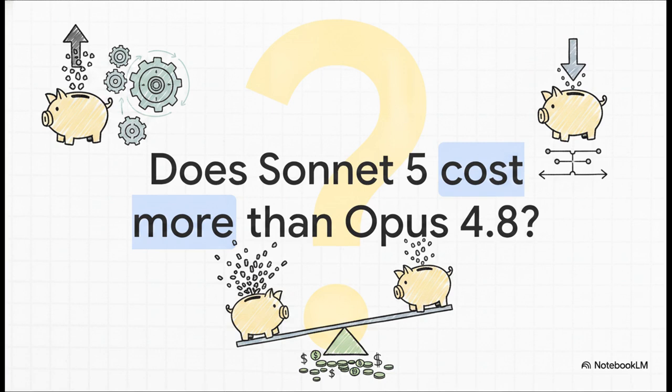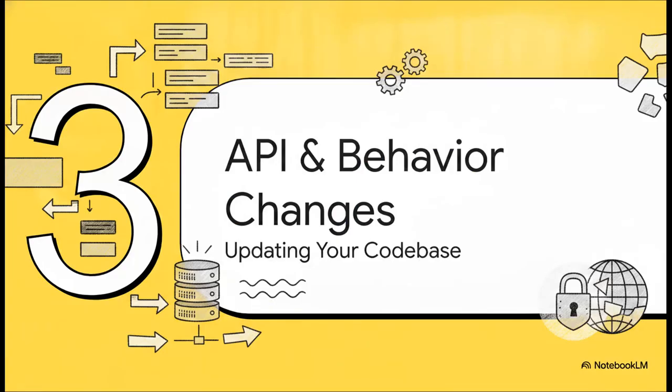Because of this tokenizer tax, combined with a brand new extra high effort setting that spends way more tokens on reasoning, running Sonnet 5 on maximum settings can actually cost you more per task than running Opus 4.8 at standard pricing. Even though Sonnet's base per token price is lower, the sheer volume of tokens used at maximum effort completely flips the economics. Okay, moving on to part 3, API and behavior changes, and how you actually go about updating